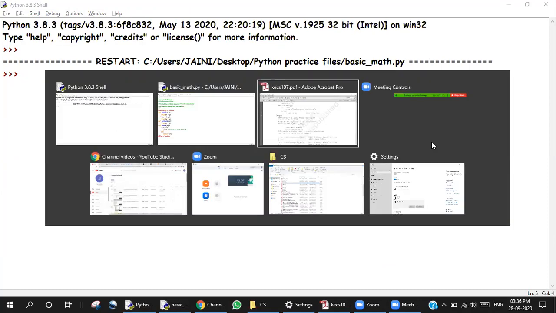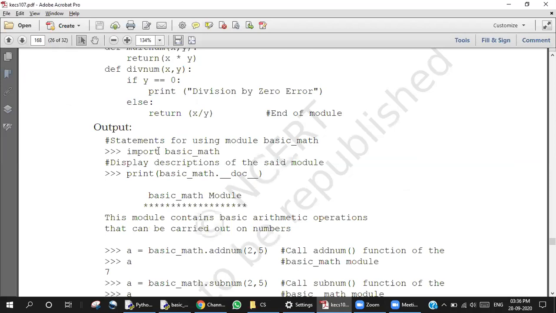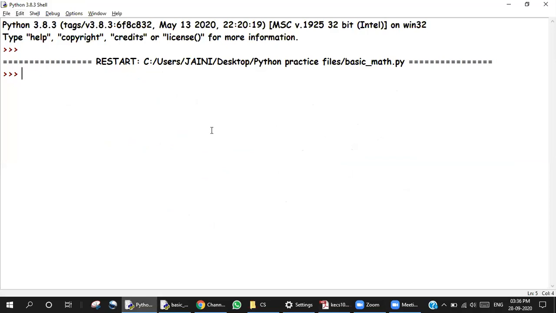All right, I'm not getting an output. Now in my script mode, I'm going to write import basic math.